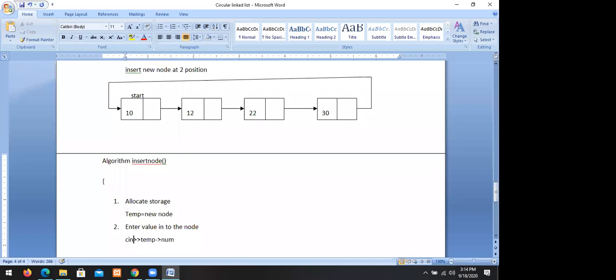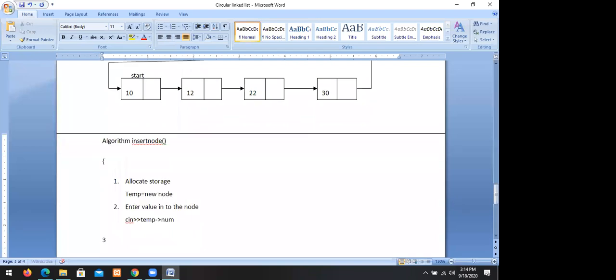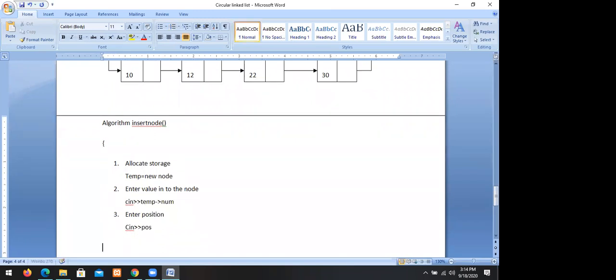So we can enter it using cin temp arrow number. By using that, then you have to enter the position. So we can enter cin position.